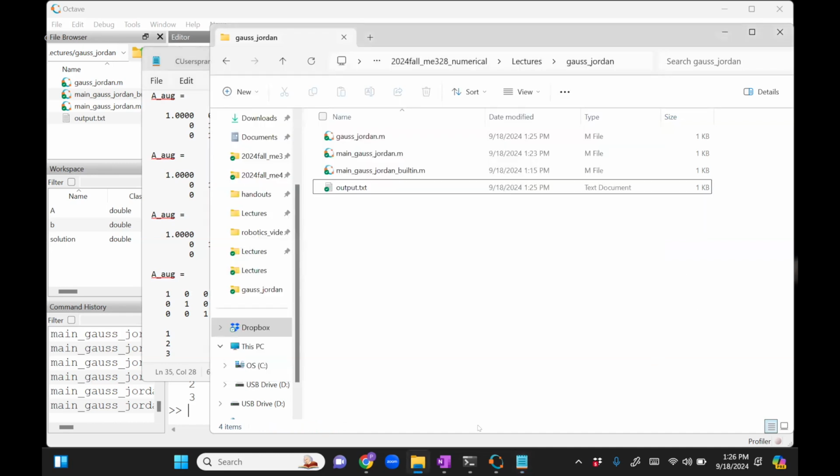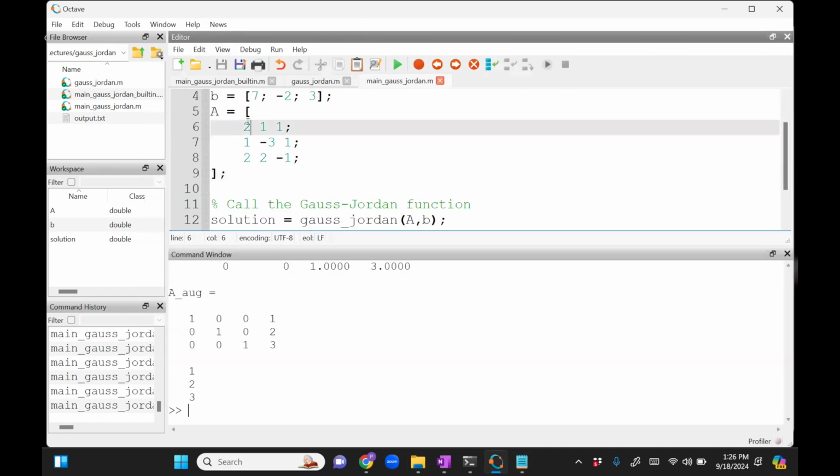The problem with this code is going to be the same as the one which we witnessed earlier for Gauss elimination. That is, if one of the pivots is 0, it's going to be a problem, right? If you run this, you get NaN, not a number. You get infinity because the pivot is 0. When you divide by the pivot, you get infinity. So the way to fix this is to go to